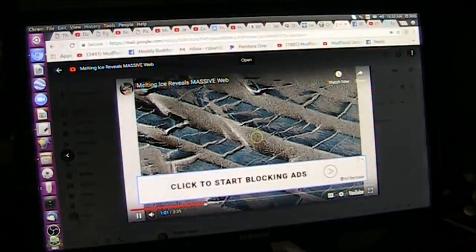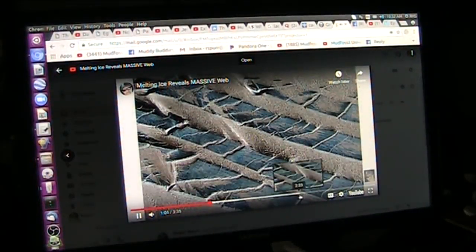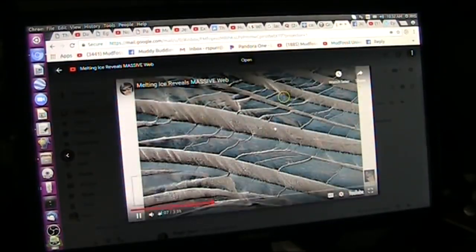I got this from, I don't know, 20 people probably, is these patterns out here. Sort of fibers, but they extend over many, many miles. They're absolutely huge. So it could be a natural...